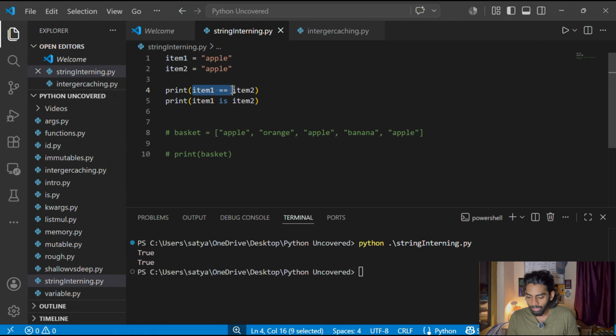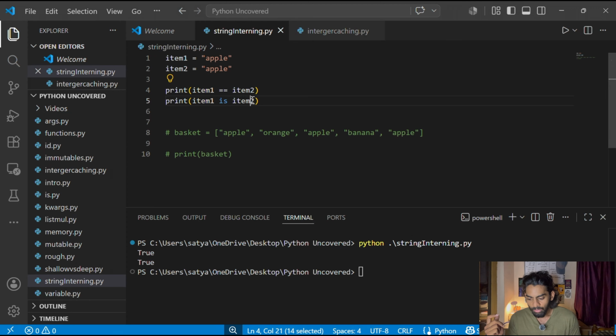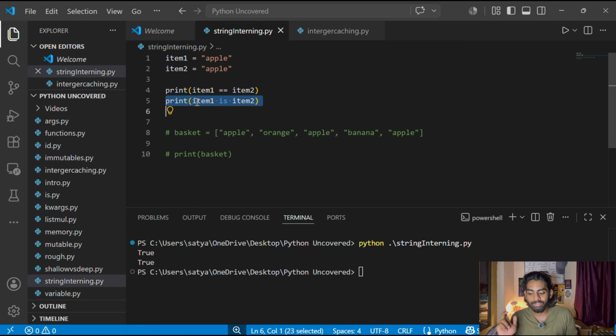So whenever we are trying to compare items with double equals, it tries to compare the values. So apple, both values are equal, so it should return true. That is correct. When we are comparing the items with is, it should compare the references. So the first apple is a different object and the second apple is a different object, so both the references are not the same. Then why is this particular code returning true here? That is what